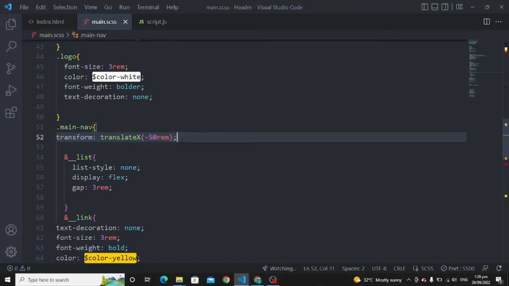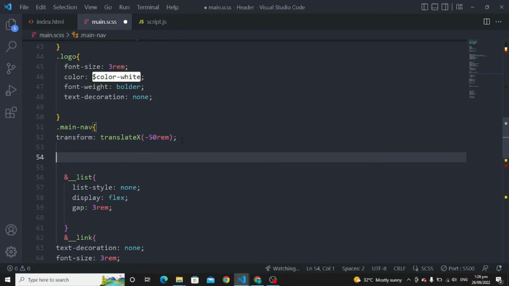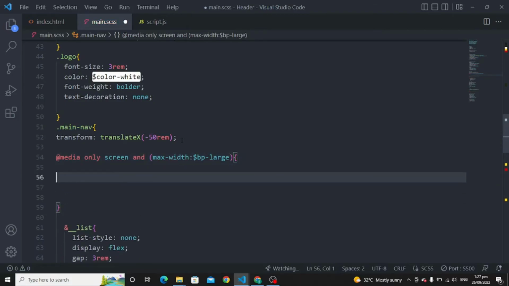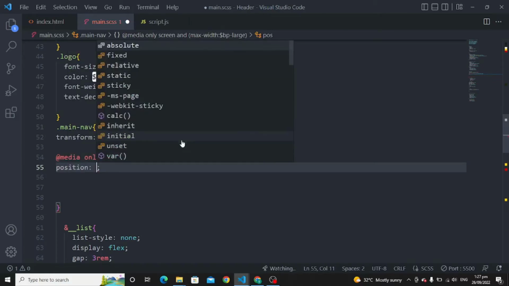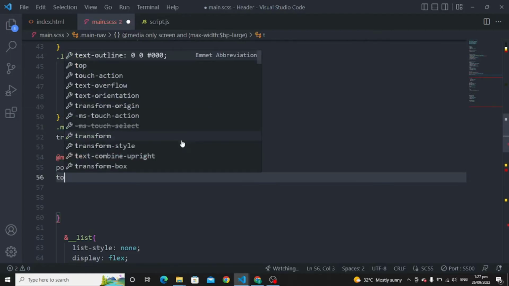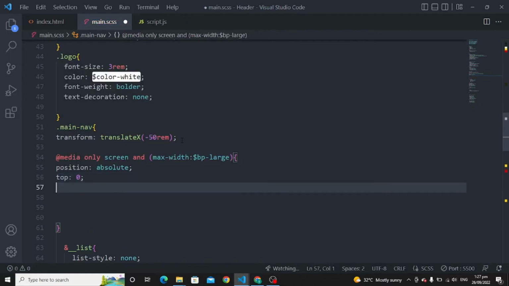Now we are going to use the media query, and for media query we are going to use at media only screen and max-width, the breakpoint that we have created, bp-large, and in this we are going to write our style, and for this we are going to use position to absolute, top to 0, left to 0,